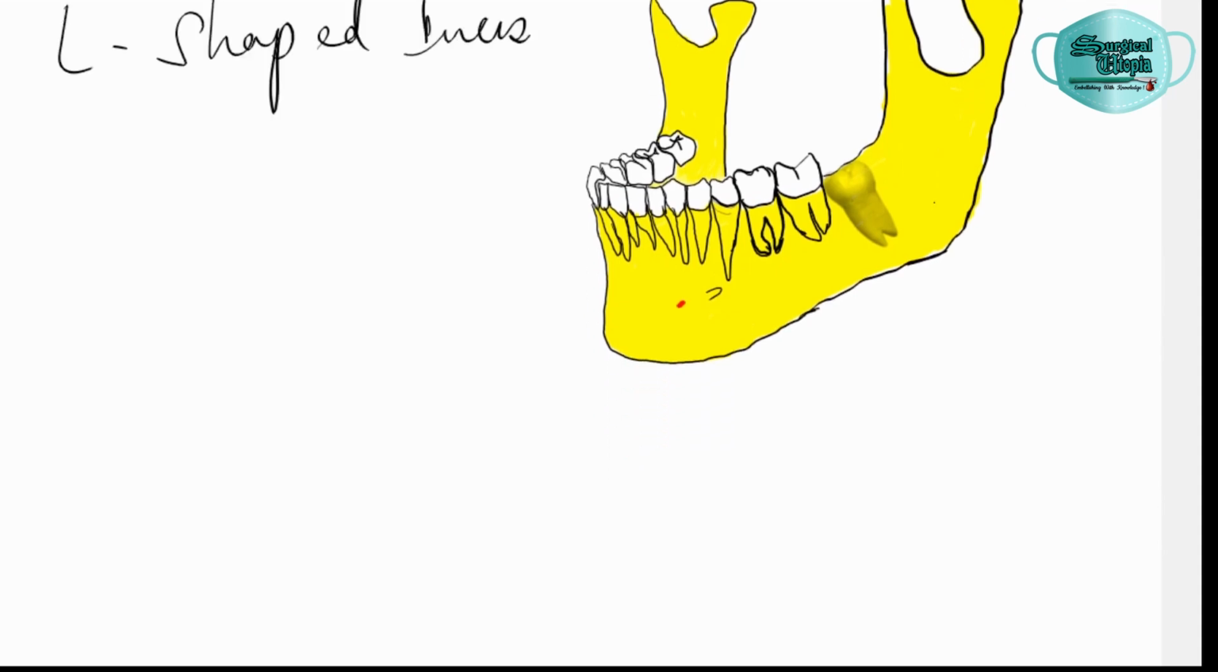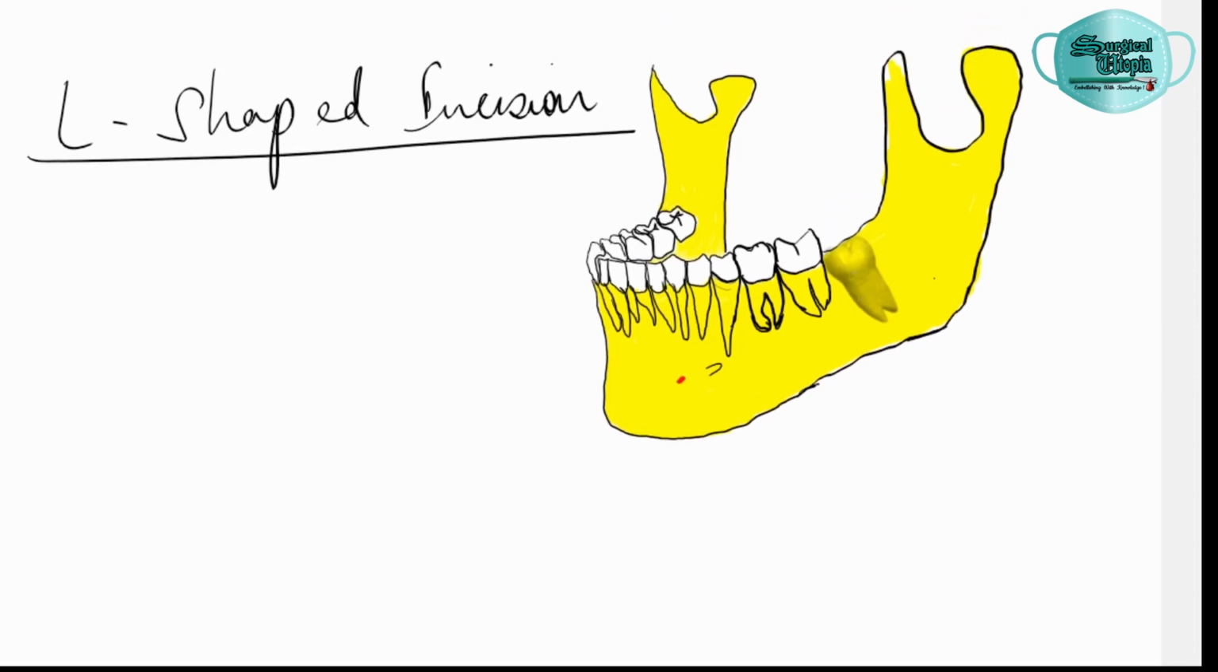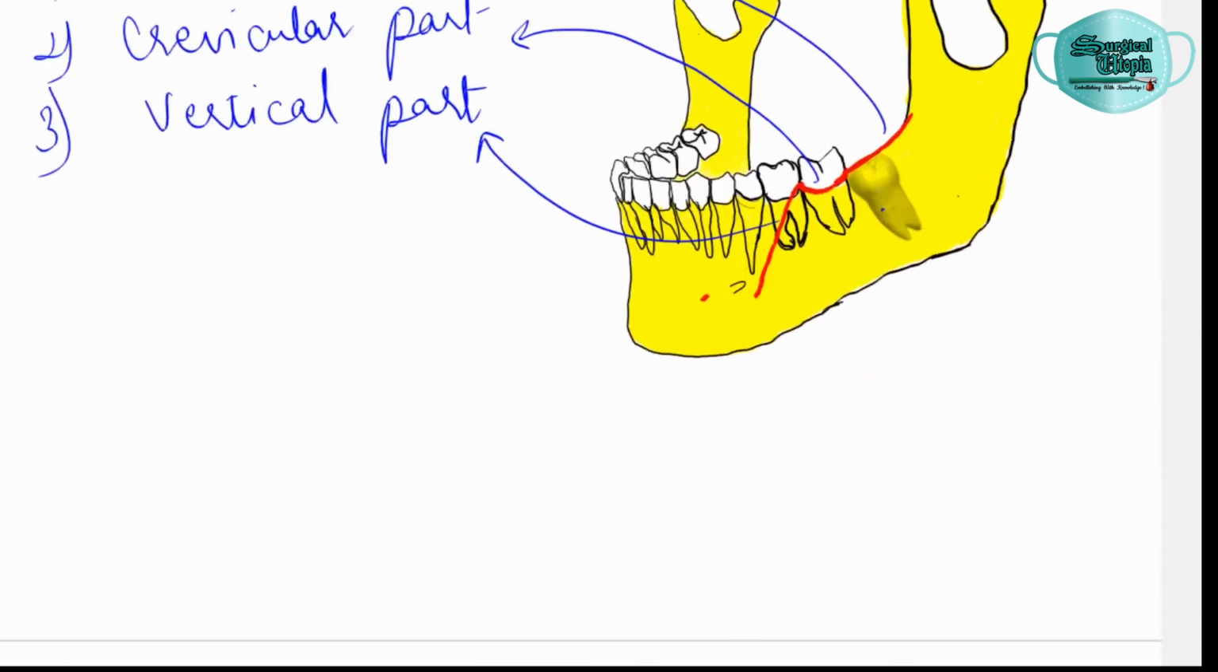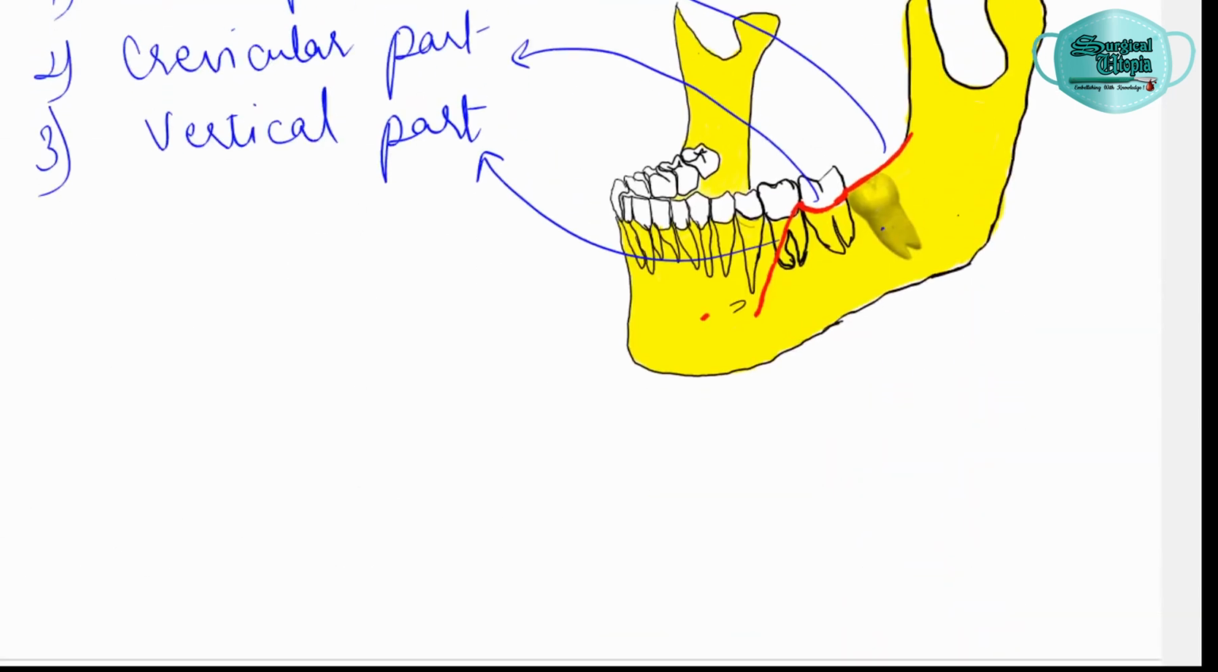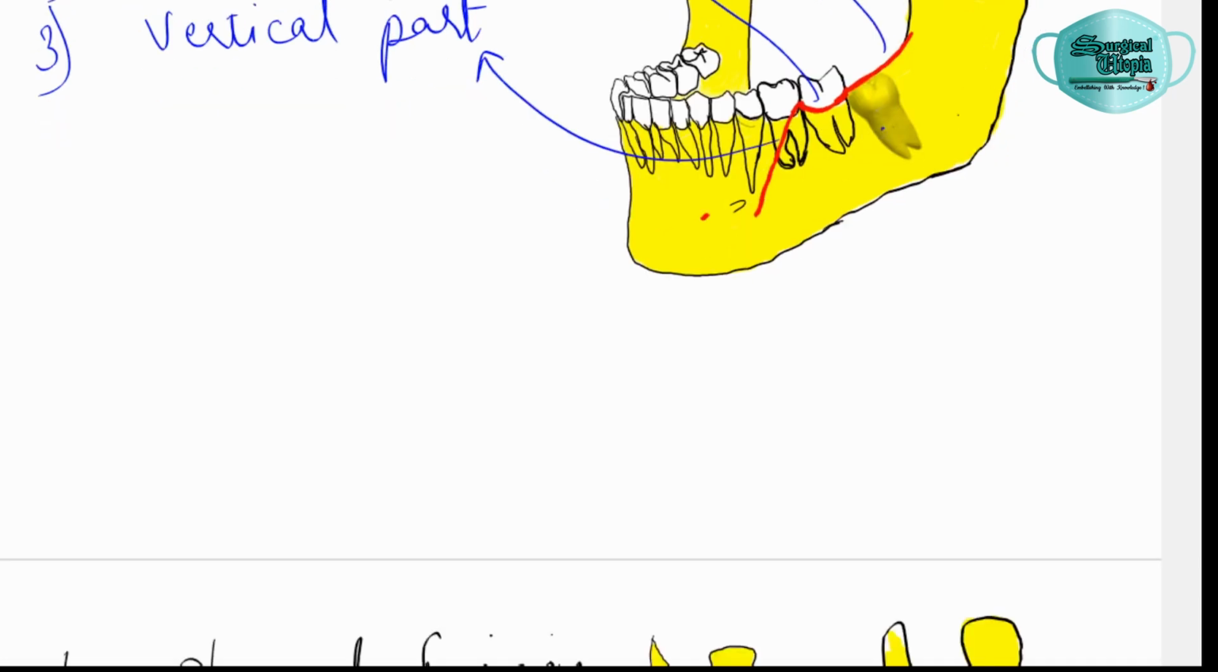This is similar to the Ward's incision and it has the three components, that is the distal, clavicular and the vertical part, but there is a slight difference in the vertical part of the incision alone. So in the Ward's incision or the modified Ward's incision, we had a beautiful curvature of this vertical incision moving in a downward and anterior or forward fashion. But in the L-shaped incision,